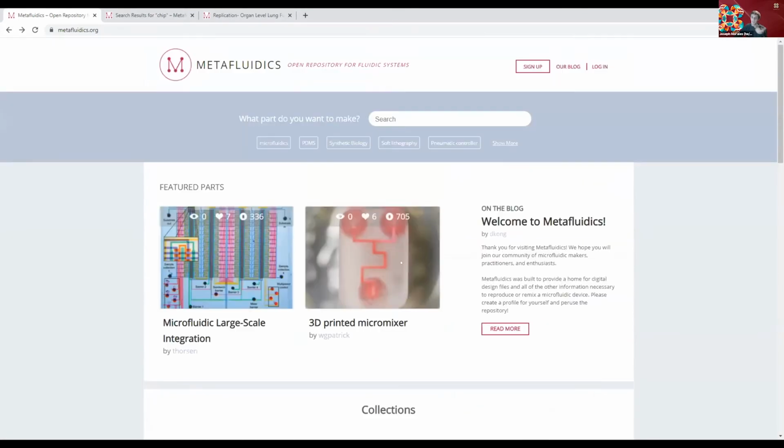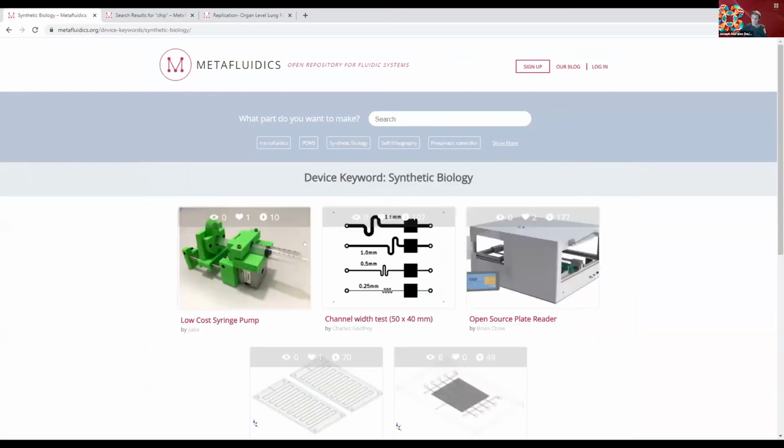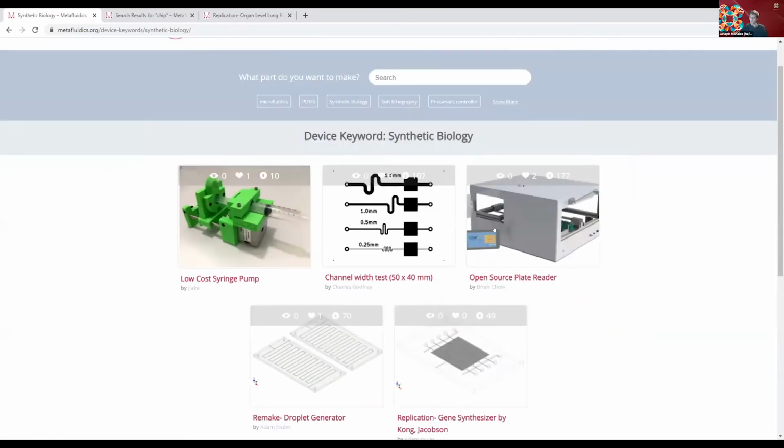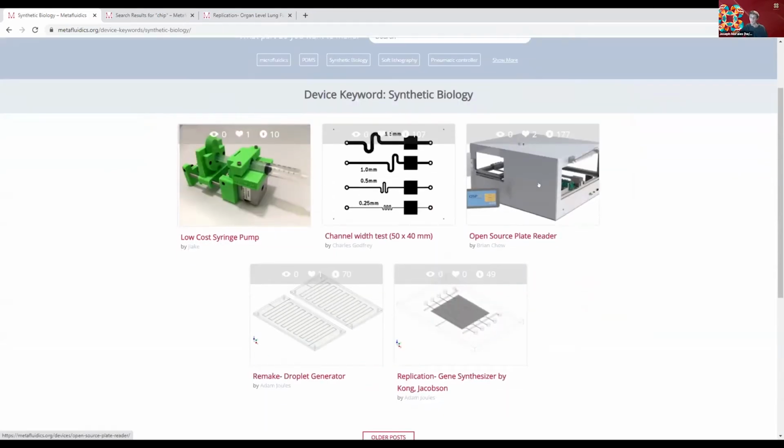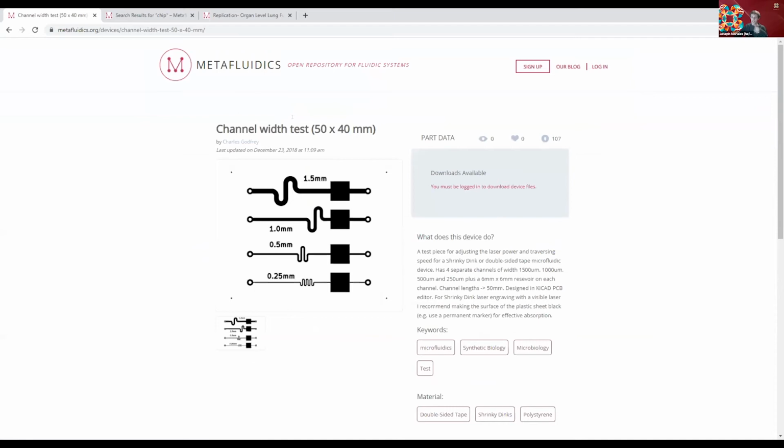So if you are interested in, let's say, synthetic biology, you can search the tag, click the tag, and it'll show you recent devices that were uploaded in a related area. As we were just talking about with resolution, here one of the parts on the site is a channel width test. It's not necessarily a part that you would make to use, but it is super useful in terms of finding out the characteristics of your individual